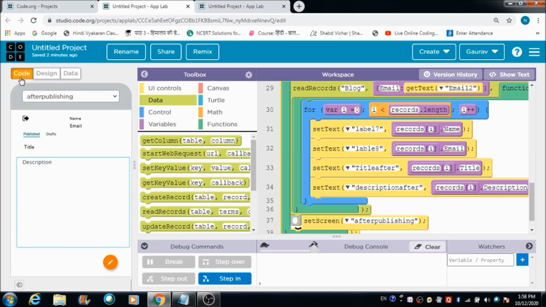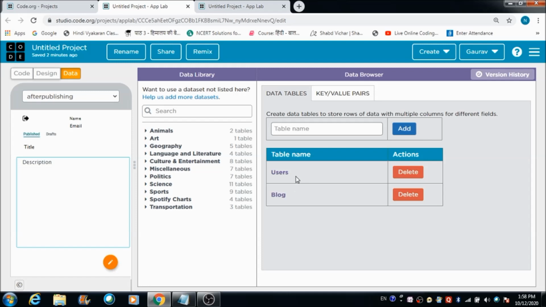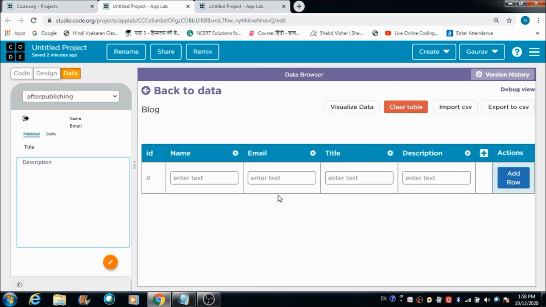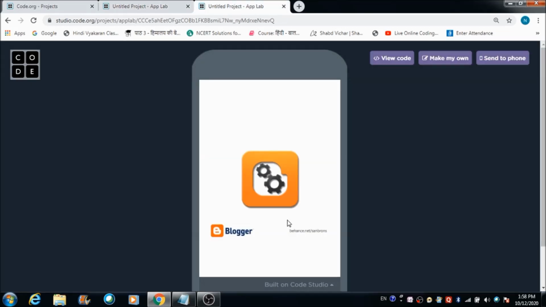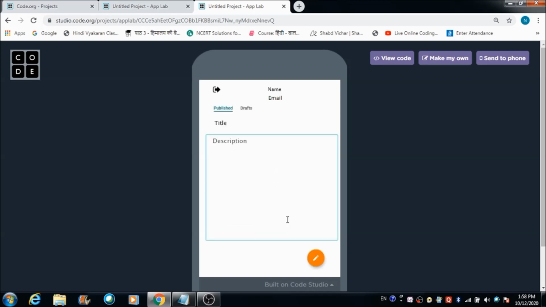We need to come on the code part, and then again we need to come on this data part so as to see the table. So a new table with name blog has got created over here. Let's see what we have inside this. So we have got the name, email, title and description of the post. Now let's hit this screen and see what we are going to get.